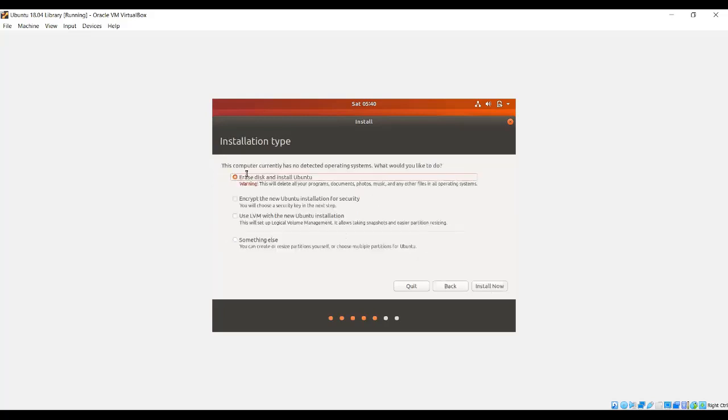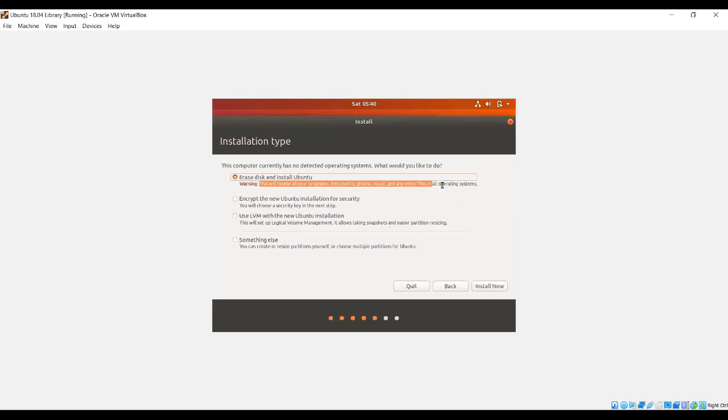Let me tell you about these options. If you are a beginner with Ubuntu, then you need to use the option erase disk and install Ubuntu. Warning: this will delete all your programs, documents, photos, or any files on all your operating systems.